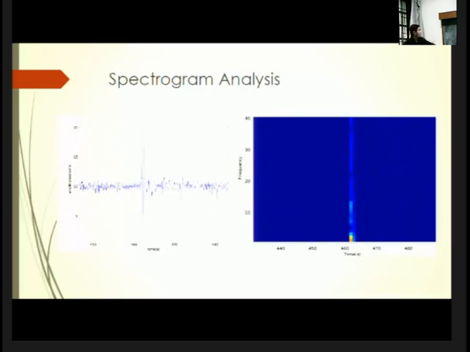So these were the accelerometer readings, and this shows that at timestamp 462 there is a speed breaker. Similarly in the spectrogram, this whole blue region shows that there is no energy frequency, and here at 462 it shows a high energy frequency, which we can separate out as a speed breaker.